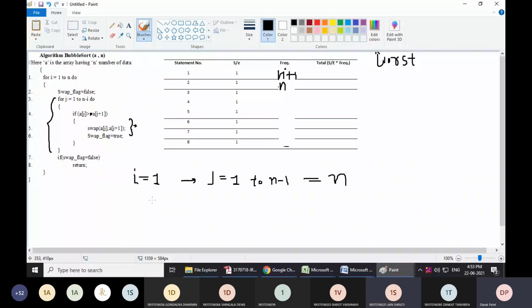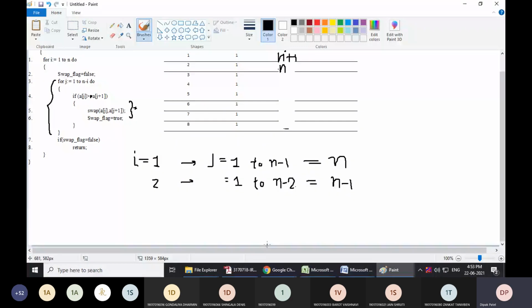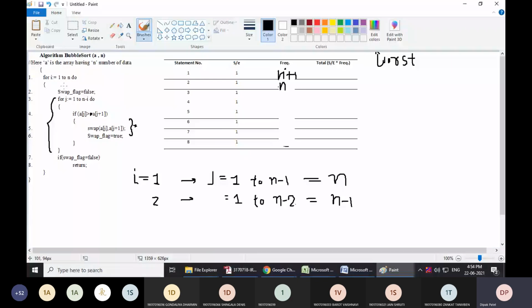Now for i equal to 2, j will range from 1 to n minus 2, which means n minus 1 times. So now we can find the trend: what can be the last value of i that goes inside this for loop?